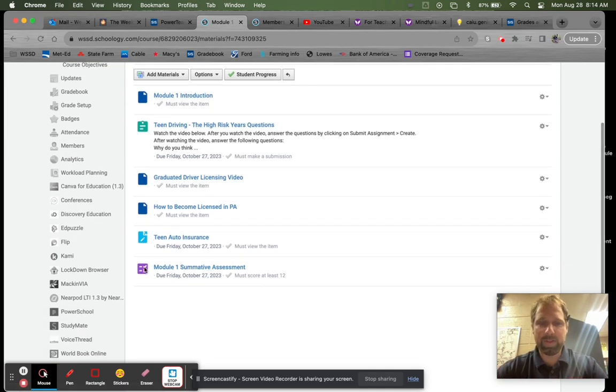Then at the end of each one is an assessment. With the assessment, there is a minimum score that students need to reach. This first one is out of 15 questions, not too much, and it says they must score at least a 12 to be able to move on to the next module. If they don't get to that magic number, they can redo it, up to 20 times. And if it takes someone 20 times to get 12 right, I'm a little nervous about the whole driving situation. If you have a perfectionist at home that needs to get a 100%, they can redo it. It will record the highest score that they earn.